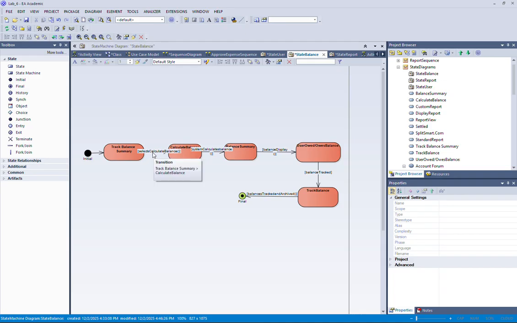The system will basically calculate the balance upon balance selection, and then it will calculate the balance. When the user clicks calculate balance, the system is going to calculate the balance,